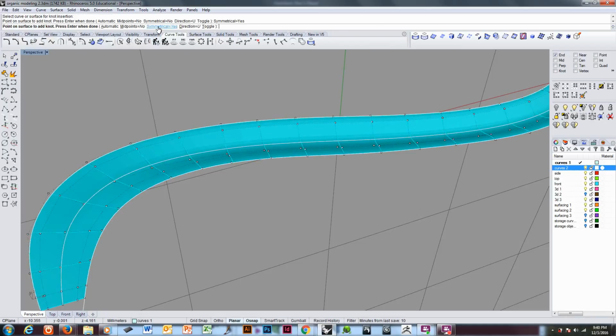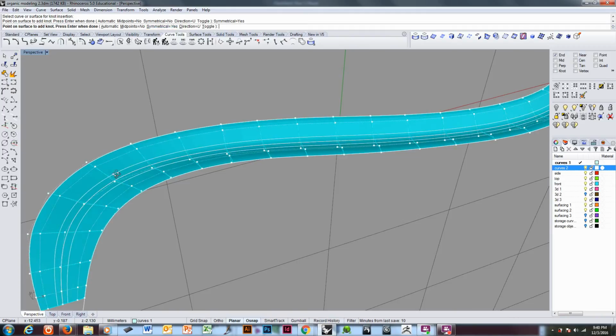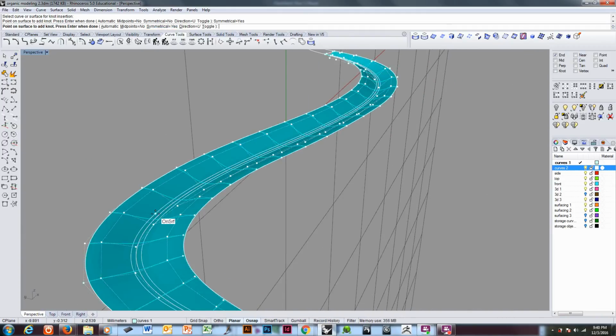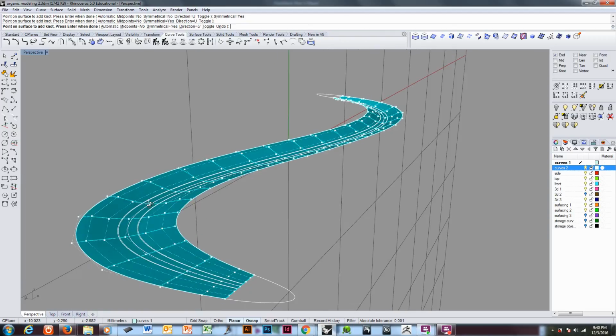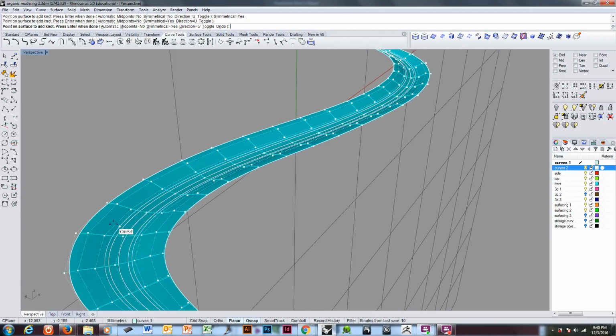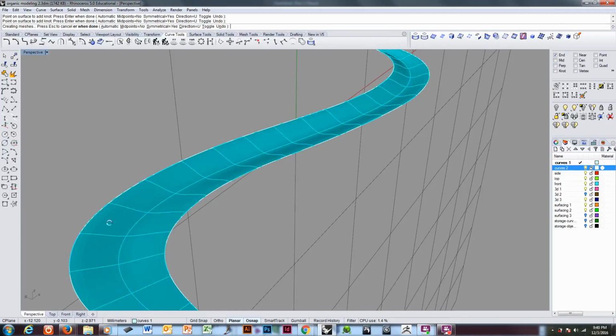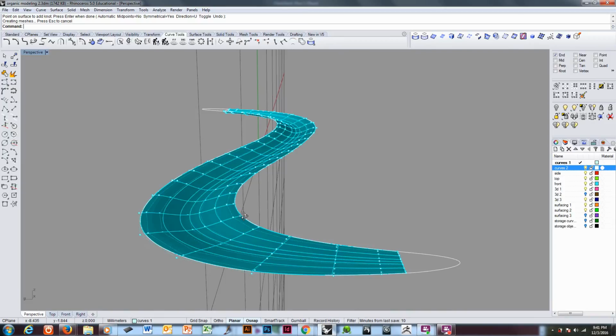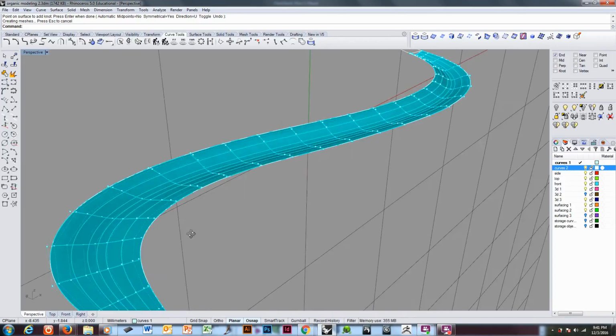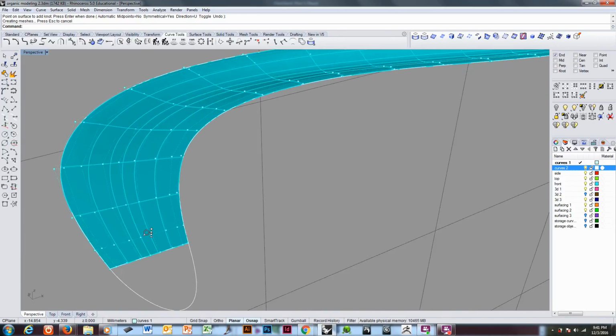Often I have symmetrical turned on to yes. That will give me a row of points on either side of the center line of the surface. I'm going to come in fairly close to the center and add this. Now, as I add these points, it will not change the surface. The surface will look exactly the same. And I'm going to go ahead and add another row a little further up. Enter. Okay, so now I have a more complicated surface that I can work with